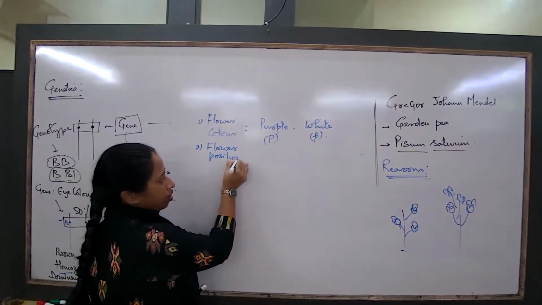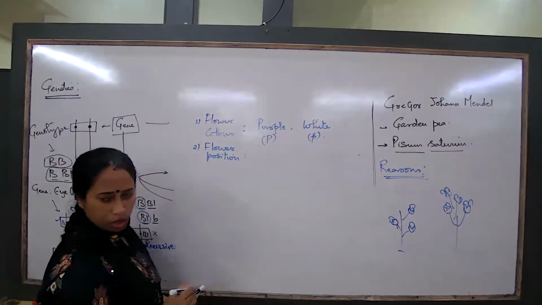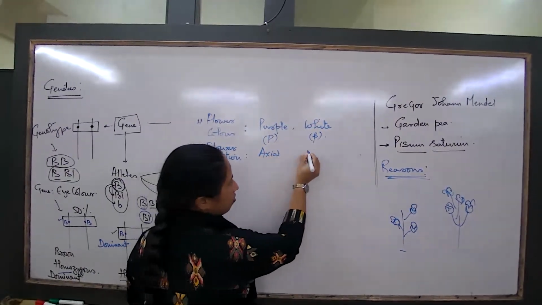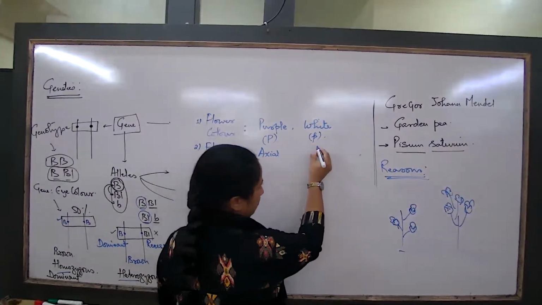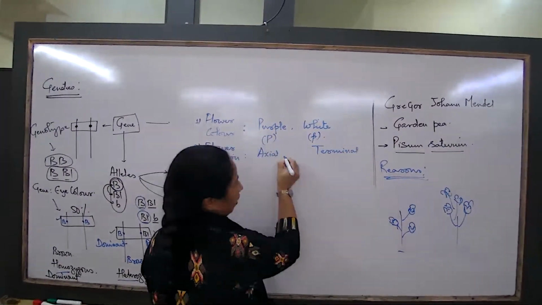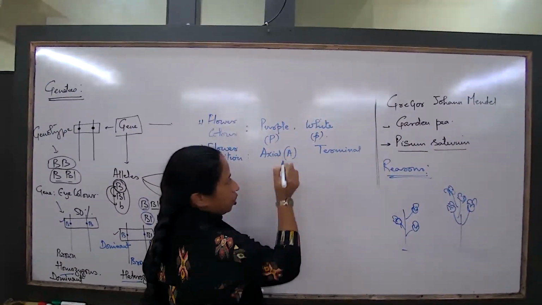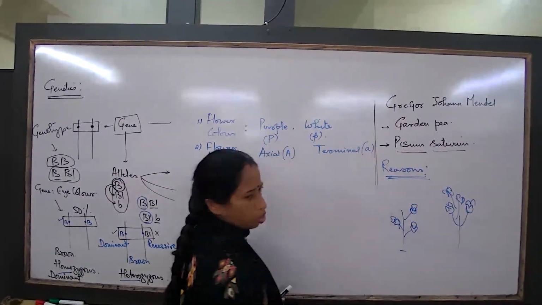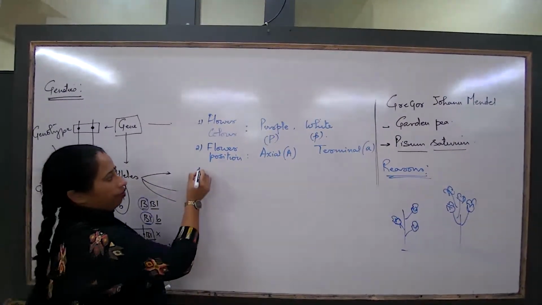Flower position. What did we learn? What are the two flower positions? Axial and terminal. If the flowers are axial, we will use capital A. If the flowers are terminal, we will use small a. Third,